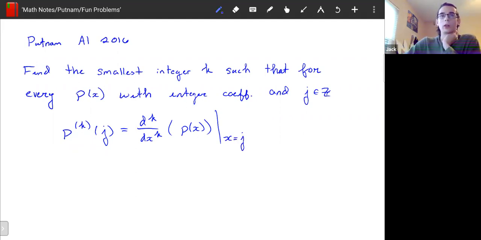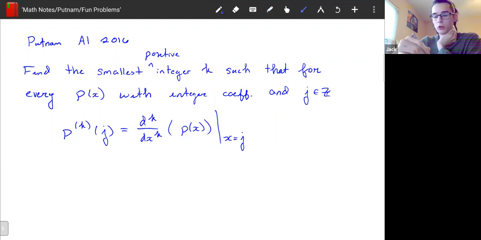So what we're trying to do is find some integer k here that is the smallest possible, sorry, this should be positive integer, right? So we have to find this k right here to be the smallest positive integer such that for any